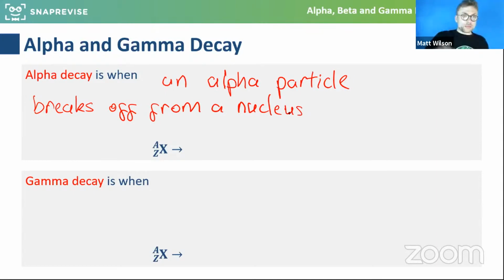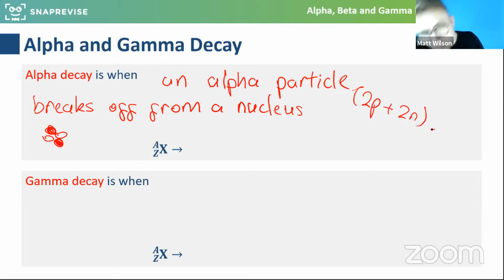So what is an alpha particle? An alpha particle is a very special type of small nucleus, if you like. It's made of 2 protons and 2 neutrons. So an alpha particle is 2 protons plus 2 neutrons, all in one big particle. Okay, so let's say I start with some element with A nucleons and Z protons, and let's say it emits